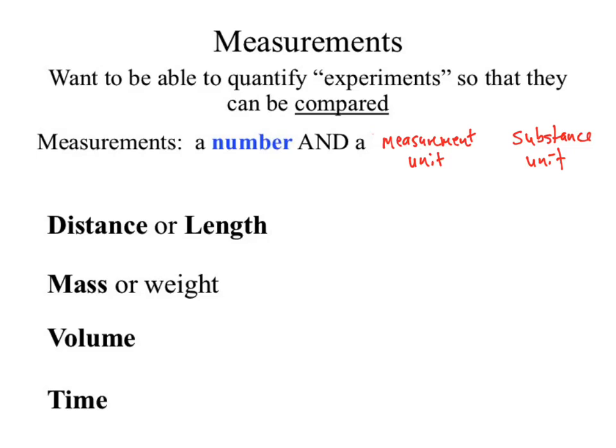Okay? When it comes to measurements, we've got 4 major categories. We get distance or length. How would we measure distance or length? Touche, did not consider that. What unit would we be using to measure distance or length? Meters. Okay. We could get meters. I heard centimeters. Inches. Feet, kilometers, miles, yards. So there's a bunch of different units, right?